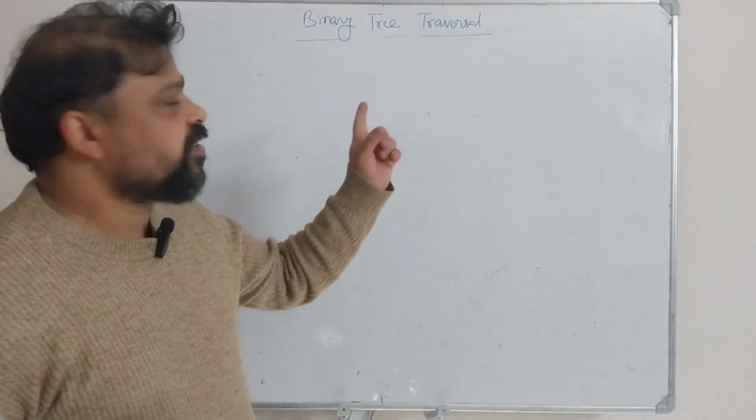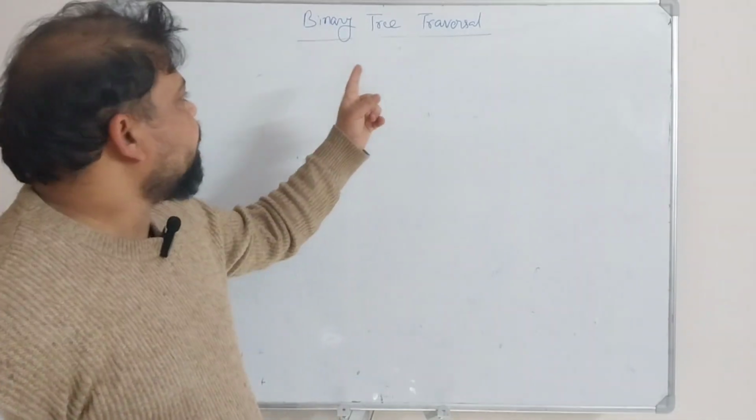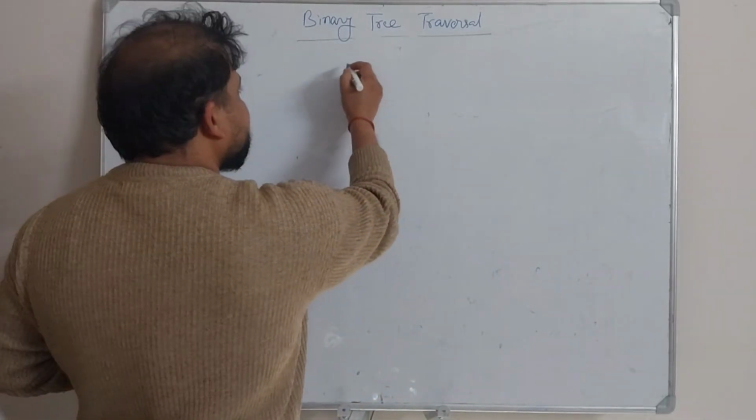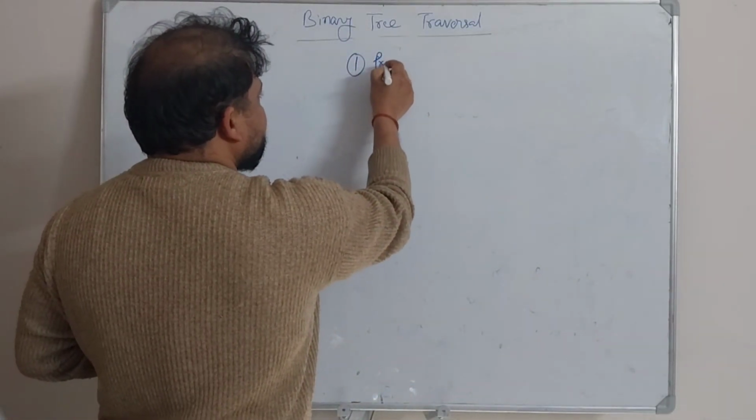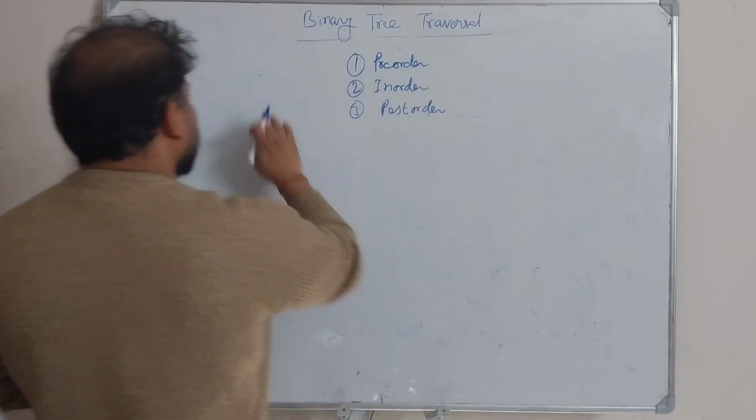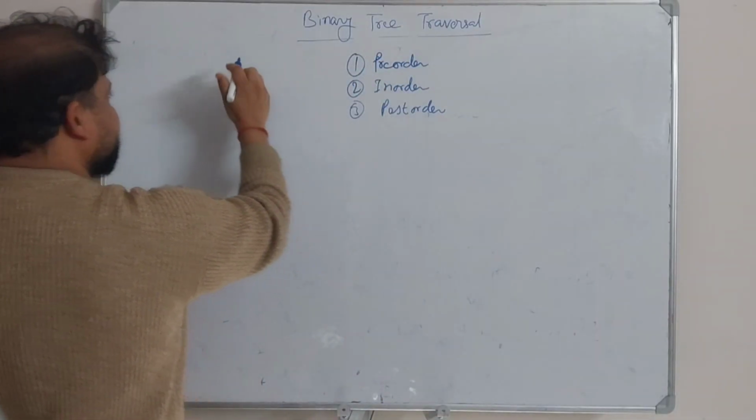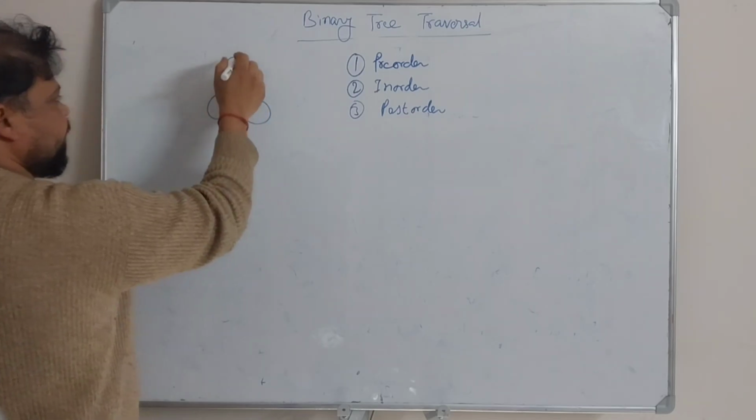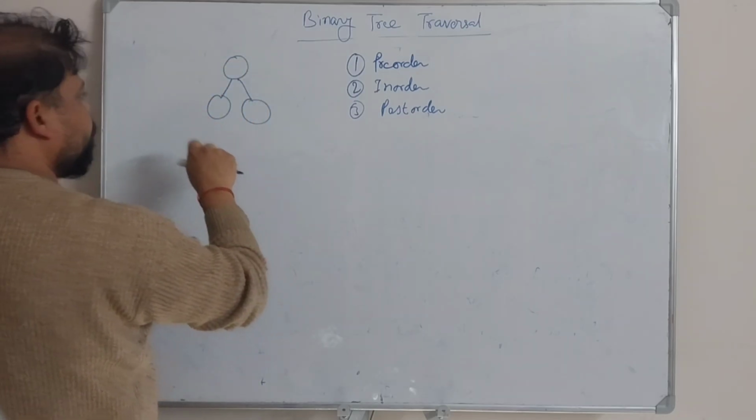Hello everyone. In this video, we will learn about binary tree traversal. There are three ways to traverse a binary tree. These are pre-order, in-order, post-order. Before explaining all these traversals, here I am simply drawing the simplest binary tree with one node on the